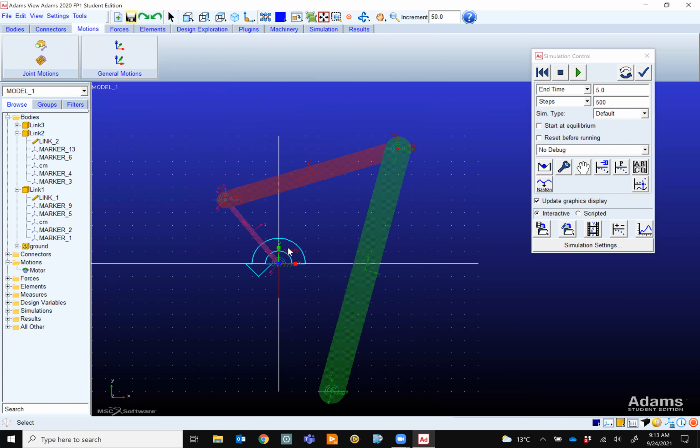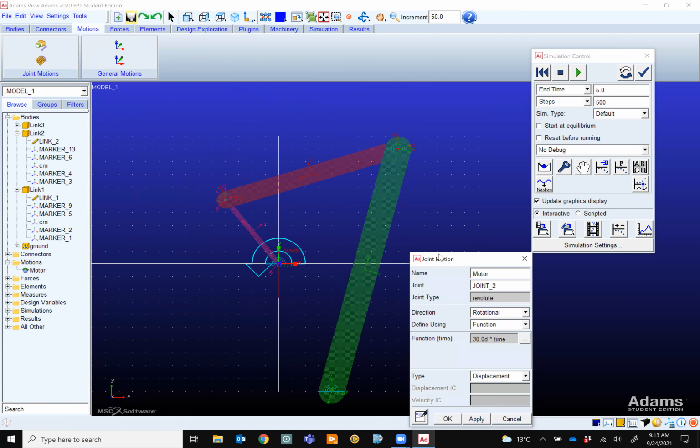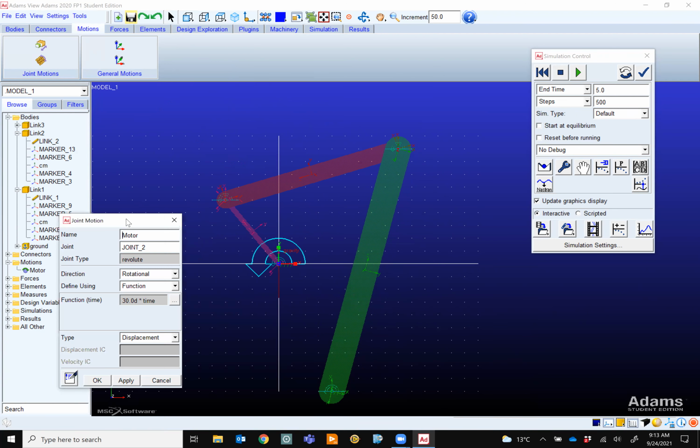So this motor, if I right click on this motor and say modify, so motors, they have a speed, right? So you can select angular velocity if you know the speed, or angular acceleration, but I always suggest going with displacement. Let's say you have a motor that runs with a constant speed, which is usually the case.